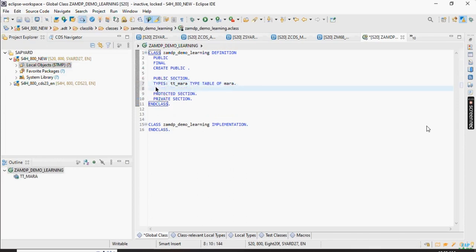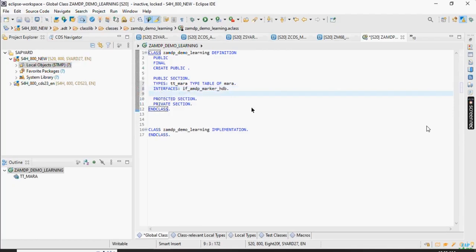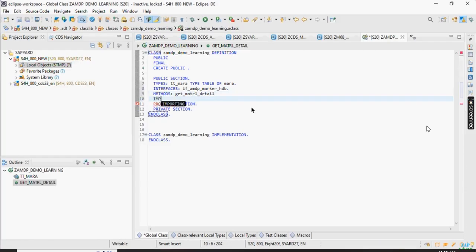Okay. One important point that I told you is that I have to specify the interfaces, right? So interfaces if_amdp_marker_hdb. Give the interfaces. Then methods. I'll create an instance method here. So methods get_material_detail. Then importing. Here we have to use pass by value. It doesn't understand pass by reference. So importing value